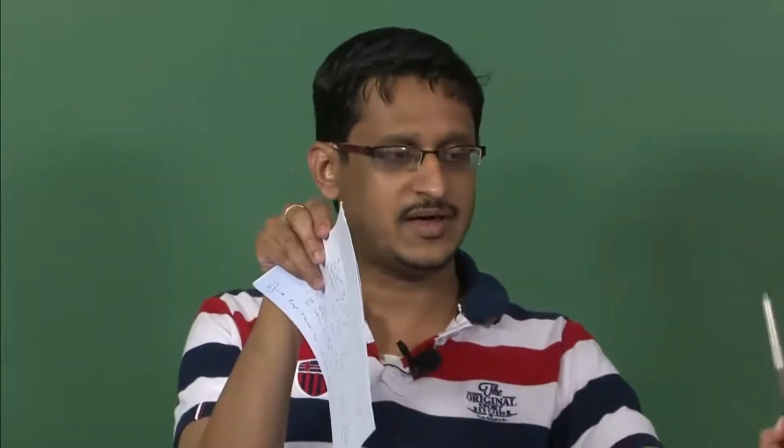Now let us assume that this paper that I have separates two regions. This region where this pen, for example, could be present is what I call region 1, where the material properties are described by a certain set of values for mu and epsilon. So let us say in this region, to this particular side of my hand, this is mu 1 and epsilon 1, where mu 1 is the permeability and epsilon 1 is the permittivity. There could also be conductivity, so let us call this sigma 1 in this region.